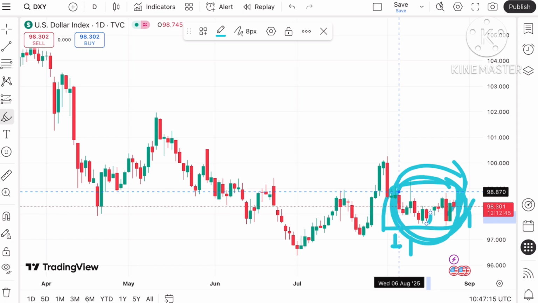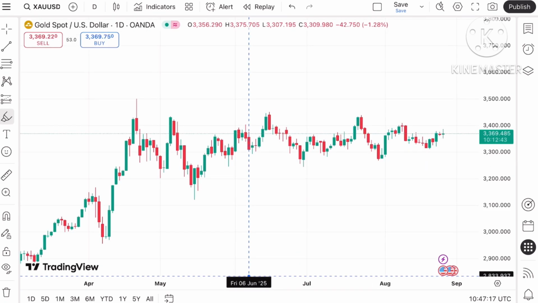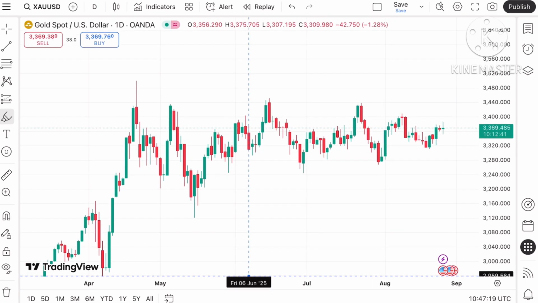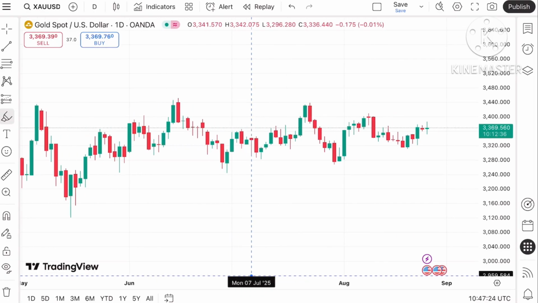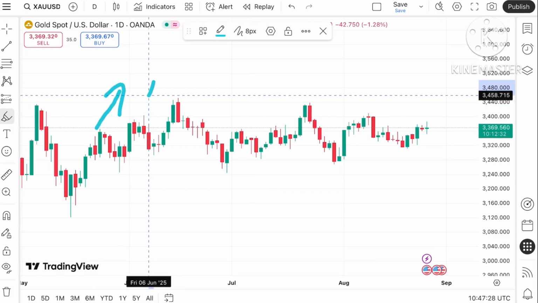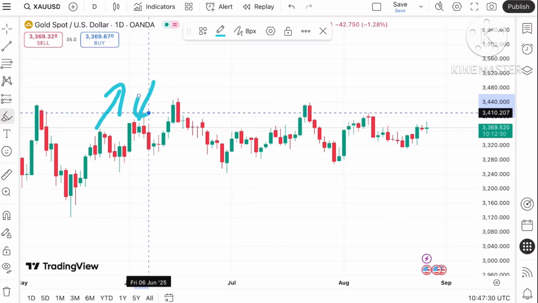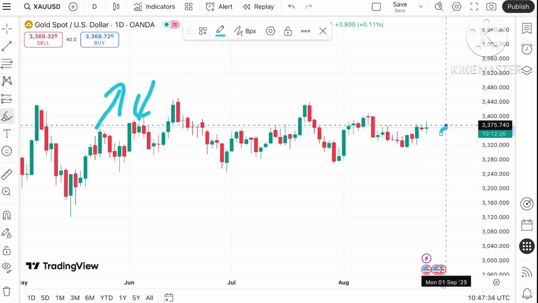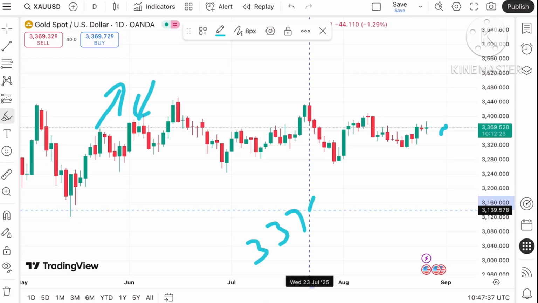Okay, coming back again on the gold price, if you look at this particular chart of gold, the price is now trading at a level of $3369. As I've already explained, there's a higher chance that the price of the dollar index rises, so we can see the gold price can come down. It is forming a green candle. Chances are high that if that is sustained, it can touch a level of $3375.